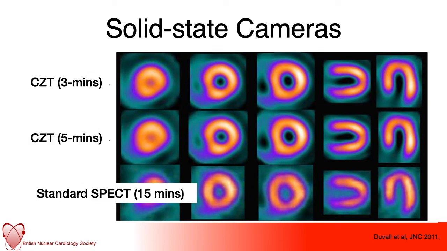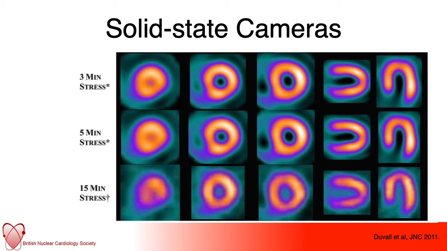The middle row is the CZT new solid state camera acquired over 5 minutes, and then on the top over 3 minutes. And hopefully I can convince you that the bottom row image quality isn't quite as good as the top two. So what you can do is you can trade off injecting a lower dose and imaging for perhaps fractionally longer. So you can say, for example, instead of going for a 3-minute image acquisition, you could go for